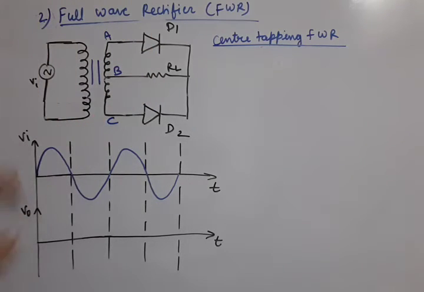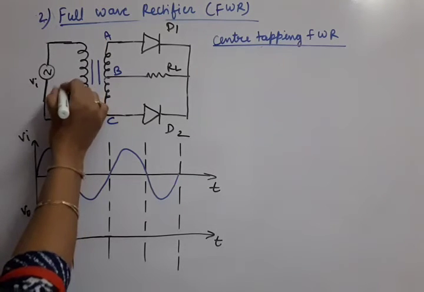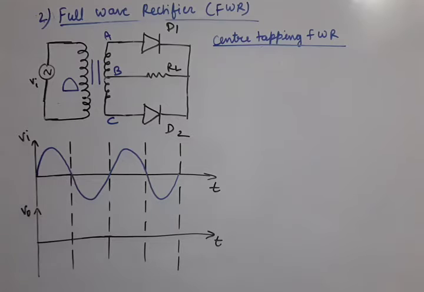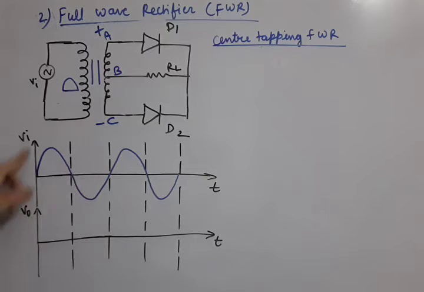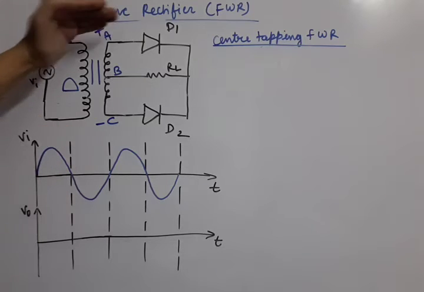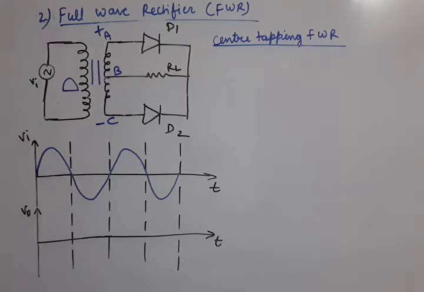Let us see now. First of all, we will apply our first pulse, that means the positive pulse, to the diodes. So this first pulse is applied here. This way the first positive pulse is applied. So this is high voltage and this is low voltage: high voltage plus, low voltage minus. High voltage is here, and low voltage, minus, is applied here. Now it is broken at the midpoint.